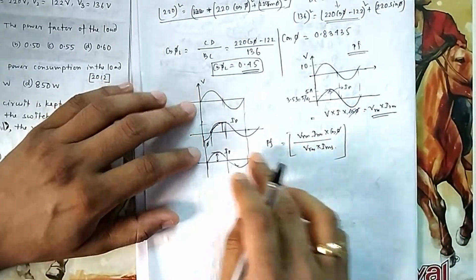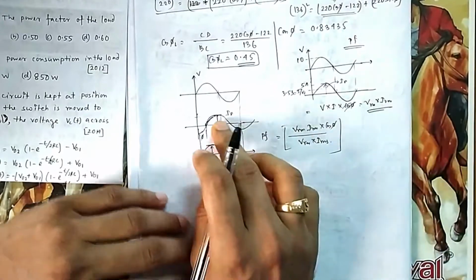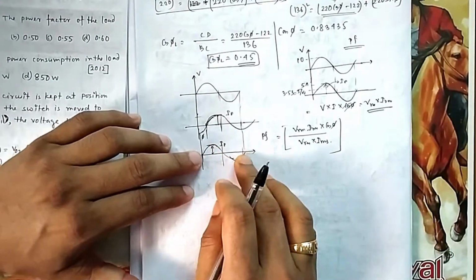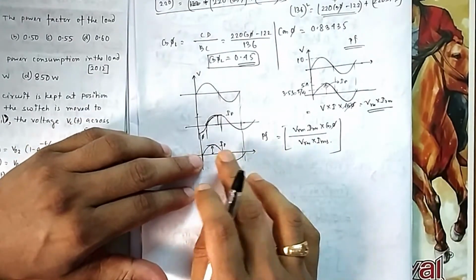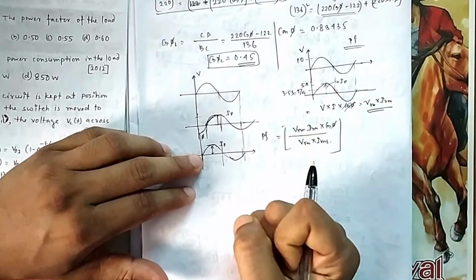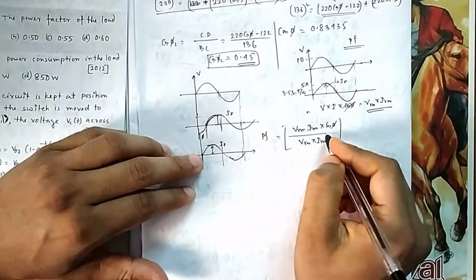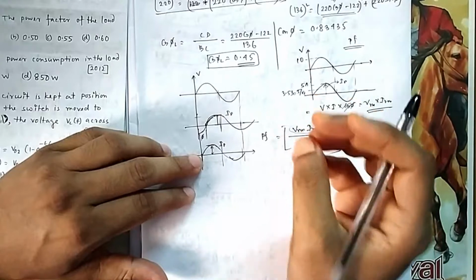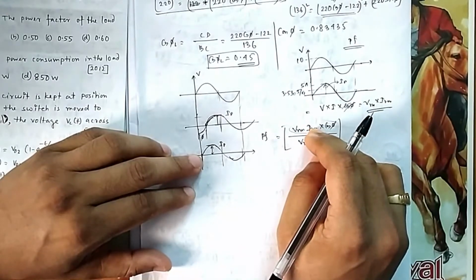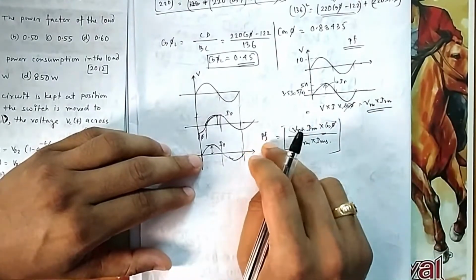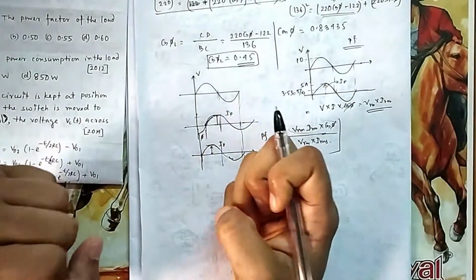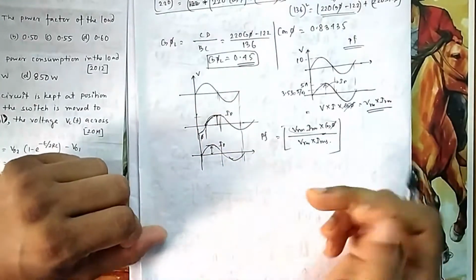So actually, with the same peak value of I, if I had passed it through a resistive load, then whatever power I could have extracted, I have not extracted that much power. I have extracted only some factor of that power. So that is known as the power factor. I am not taking the full power, I am taking some factor of the power. That's why it is known as power factor.